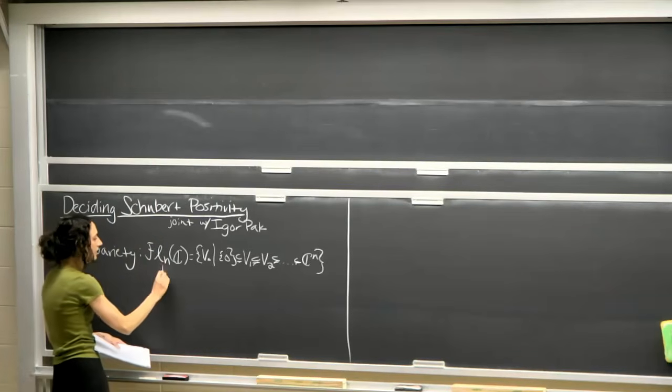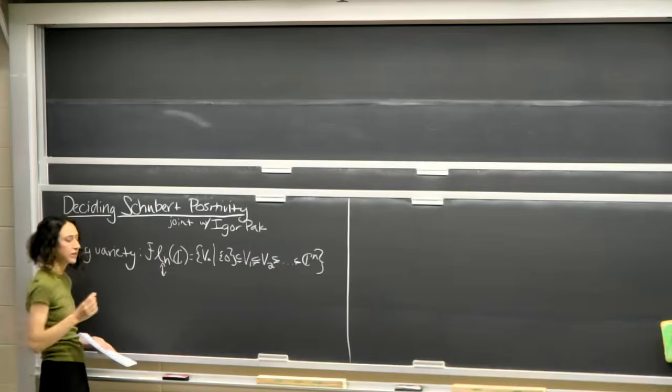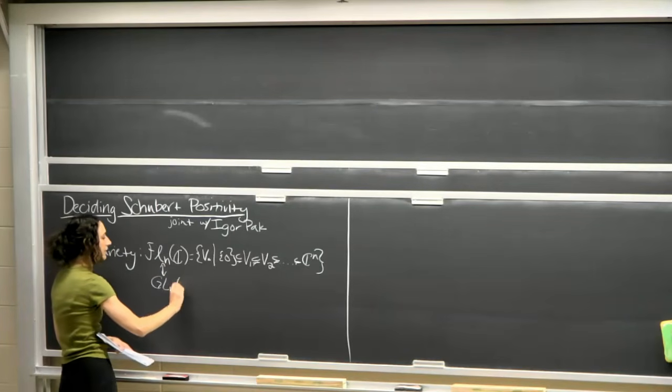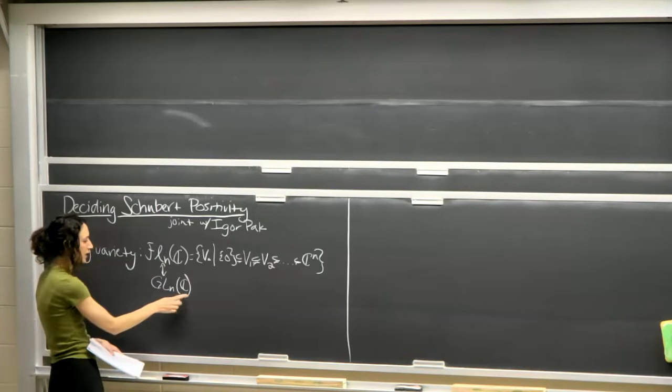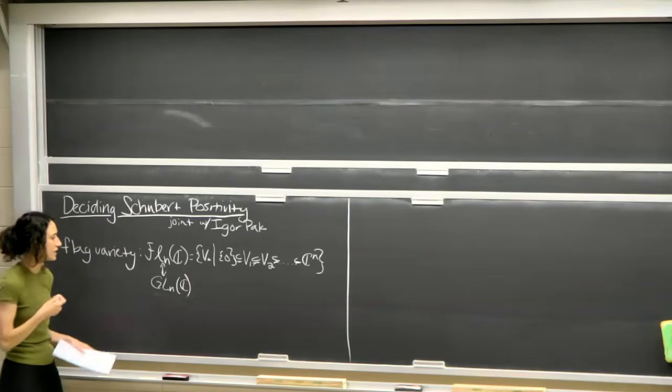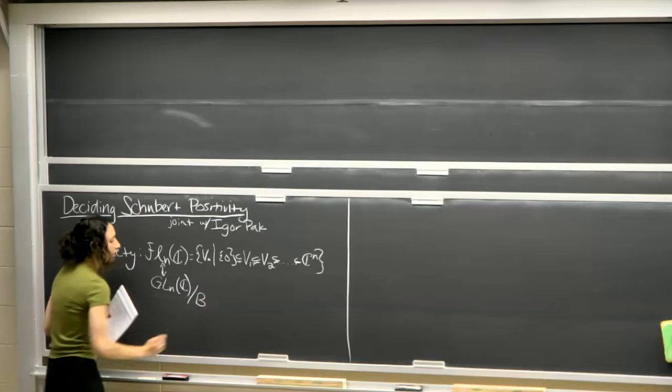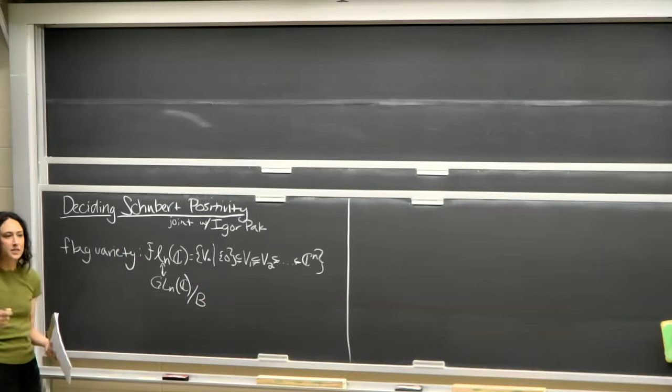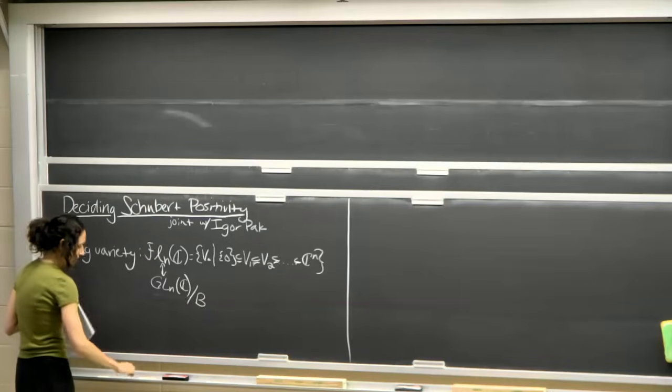And we can naturally identify the complete flag variety with a quotient of GL_n, our complex valued n by n invertible matrices, where I'll identify some of these matrices if they're the same up to some certain row operation, where this B